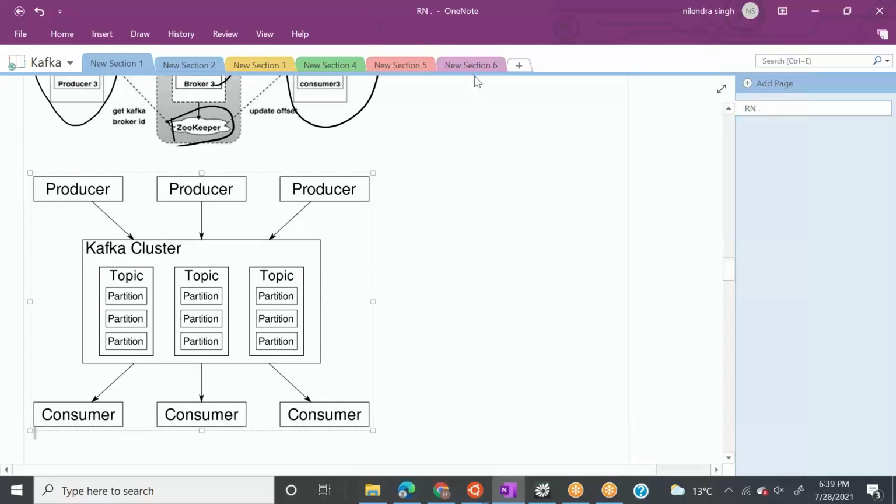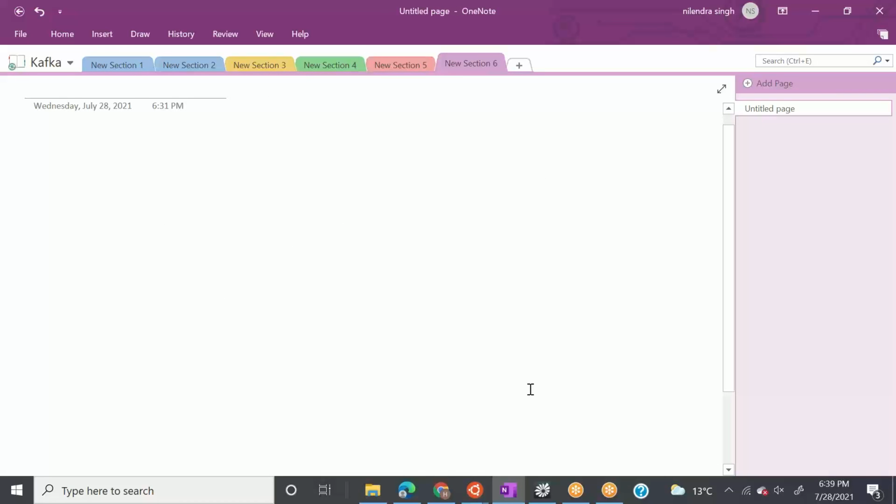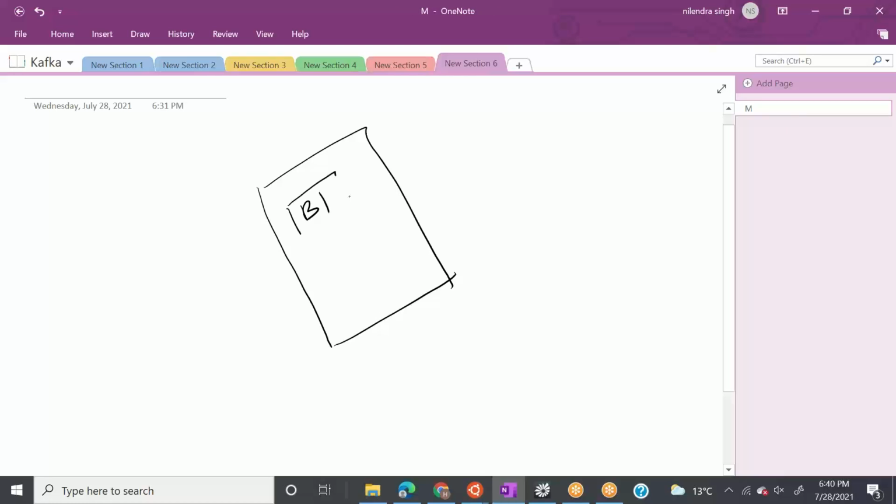Okay. Now let's talk about partition. We know a few things now, that this is your Kafka cluster. In this, we have a broker, B1, and into B1, your producer is pushing some messages. We know this. But in reality, what is going on?